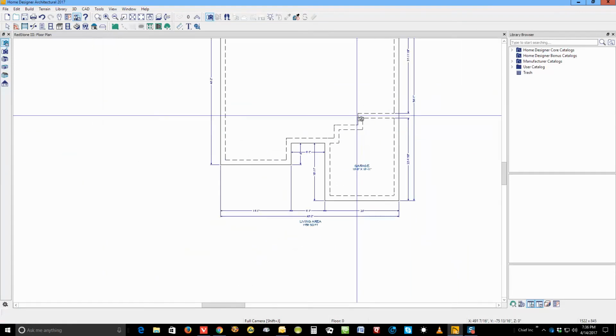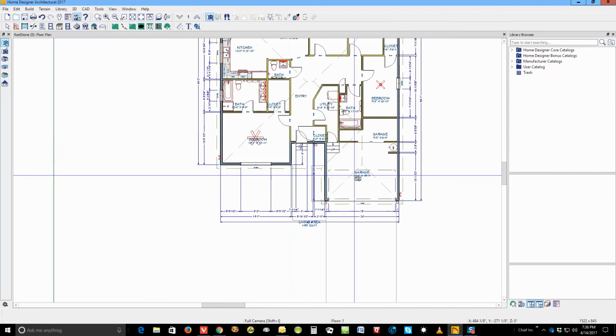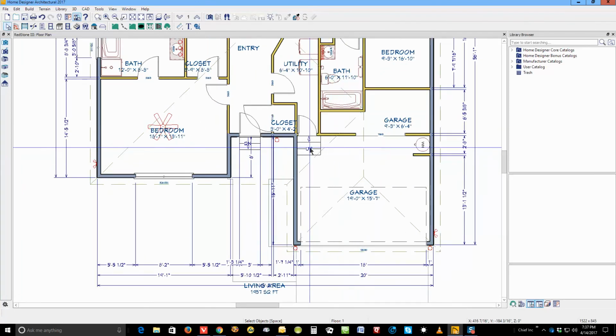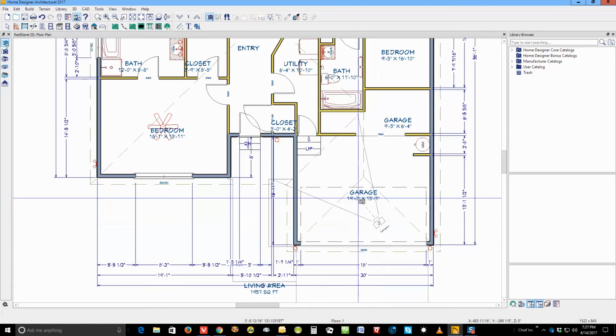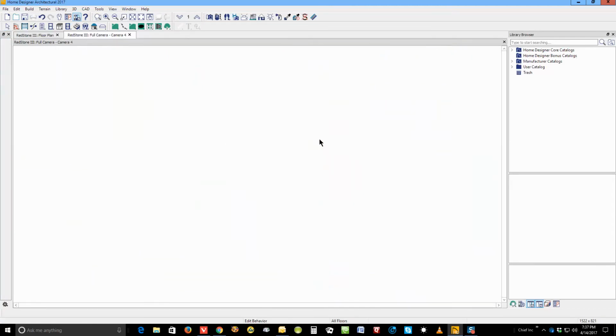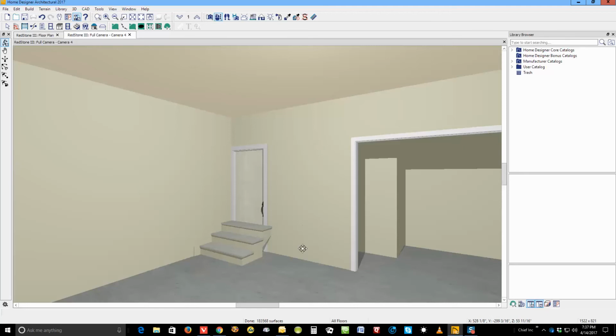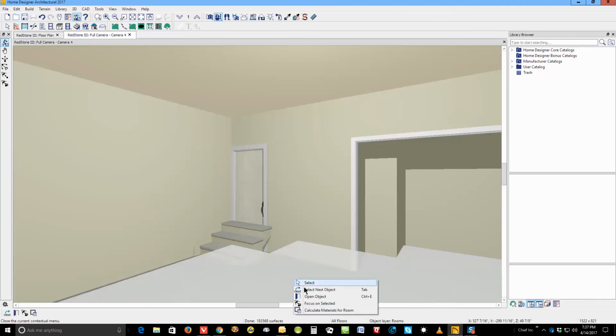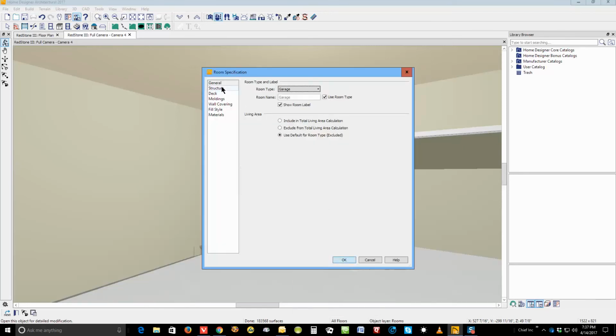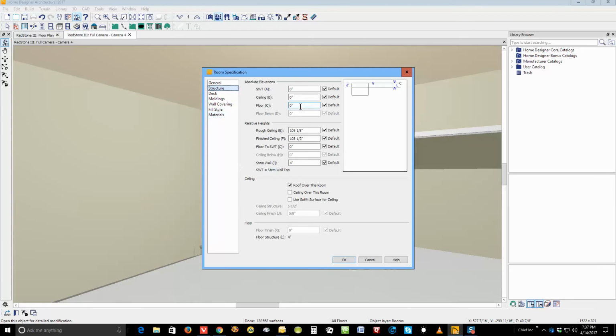Okay, now I've straightened out the foundation, and now I can go up here to the garage, which is, we'll get rid of these stairs now. Let me show you. And now the stairs are no longer necessary. Oh, well, I spoke too soon. Let me open the dialog box for this garage, and it's set to 0. It should actually be set to -6 inches. And the reason for that is,